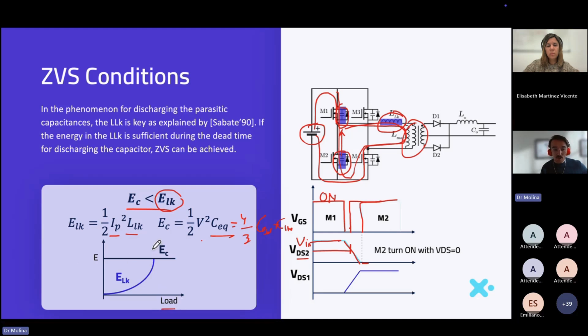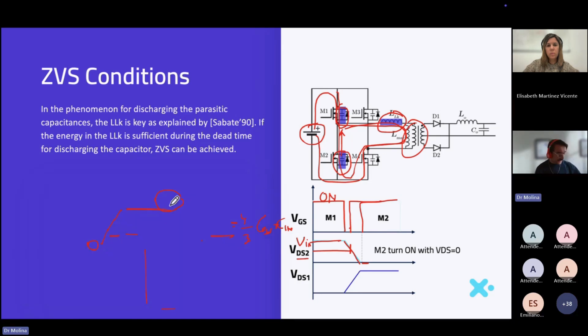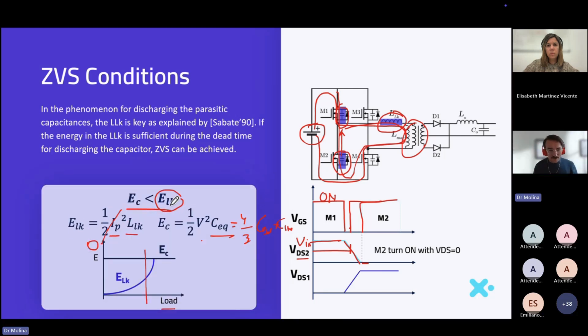So here, in this state, it's very easy to have zero voltage switching. But when you are at very light load, this value is almost zero or very low, and then it's not impossible, but very, very difficult to get zero voltage switching with the use of the leakage inductance. And I'm starting to go out of time and maybe too complex, but one